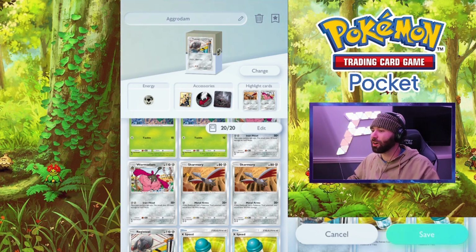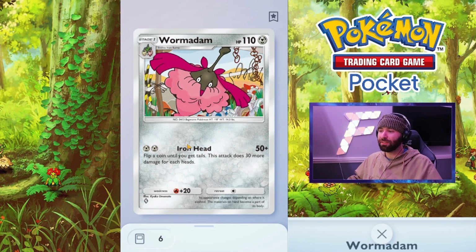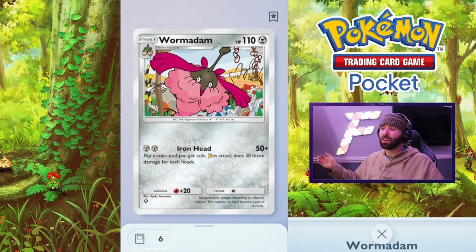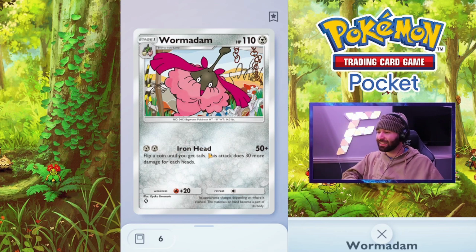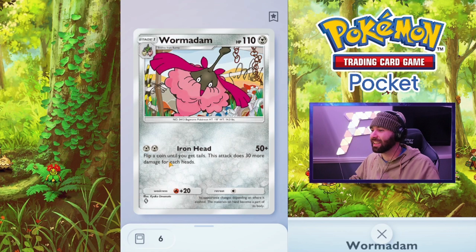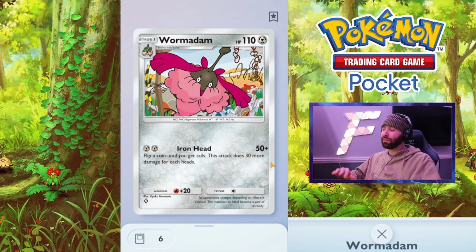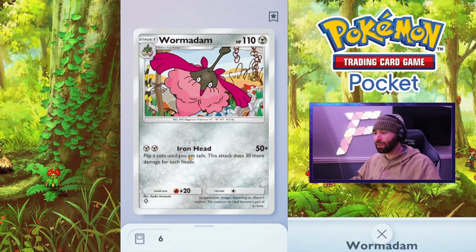And what we're centering and highlighting is this card right here, WORMADAM. WORMADAM, 110 HP, 50 damage, Iron Head. You flip a coin, every coin you get a heads, you deal 30 more damage. One of the classic, most iconic gambits in this game, the Misty, the Lickitung. But the thing that makes this card different, even if you hit tails, you get a guaranteed 50 damage, which